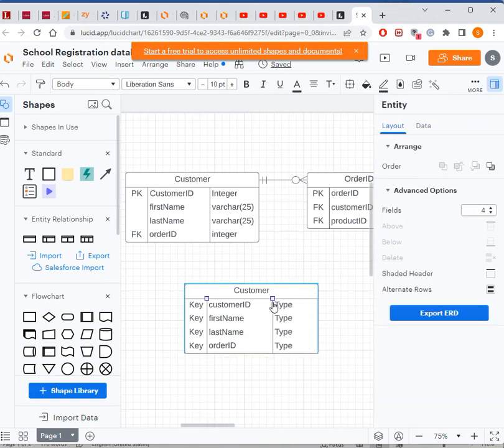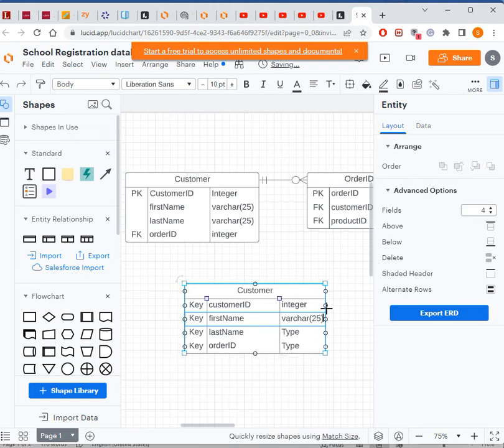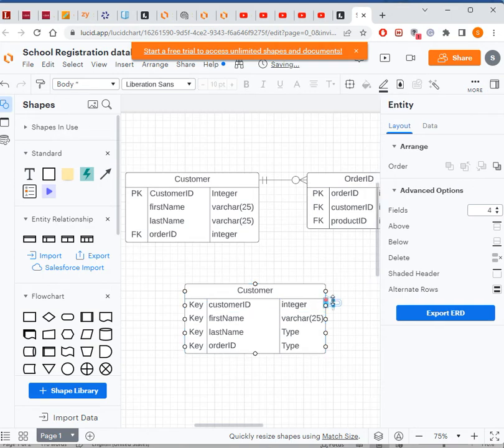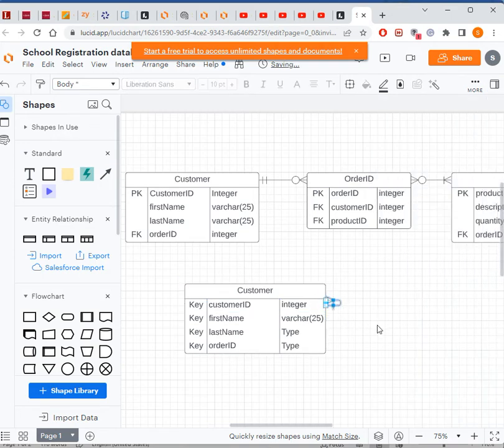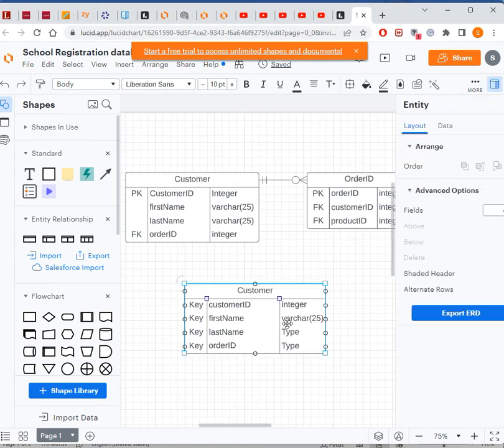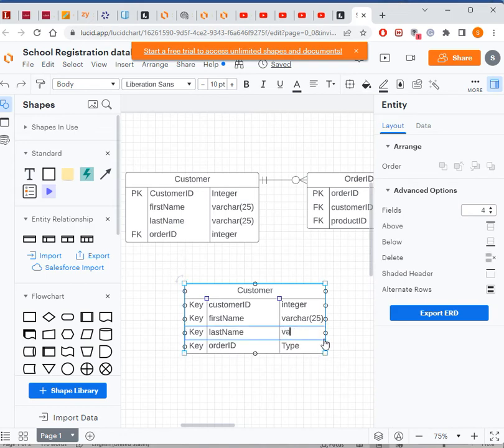So you can say, customer ID could be an integer. And then maybe the first name could be a variable character. And then you're going to assign it how long it's going to be. 25, maybe a little bit too short, but whatever, right? And then do that here, last name varchar 25, order ID, maybe this should be an integer, so I'm going to type in integer,